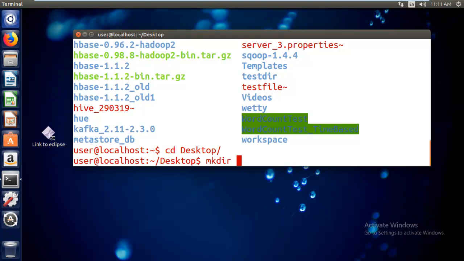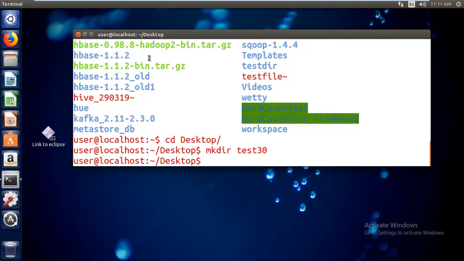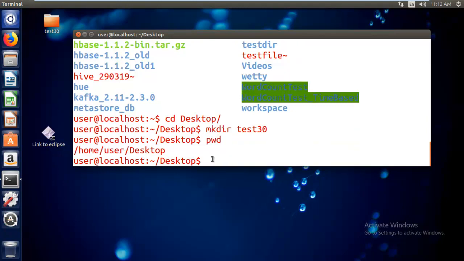For example, I would like to give my test directory name as test30. Here you can see a directory is created in front of you, on the Desktop. You can check the present working directory, home user Desktop.